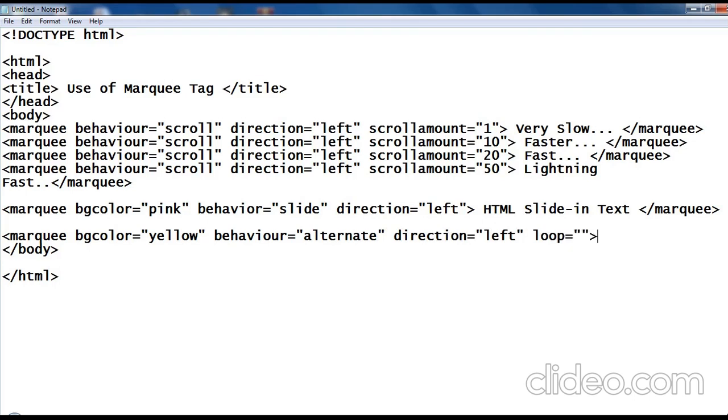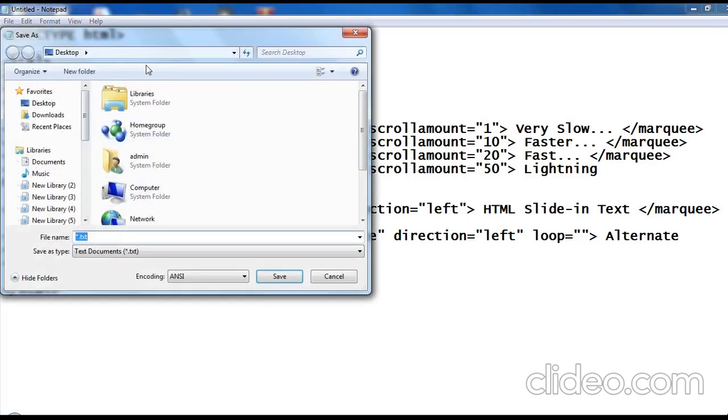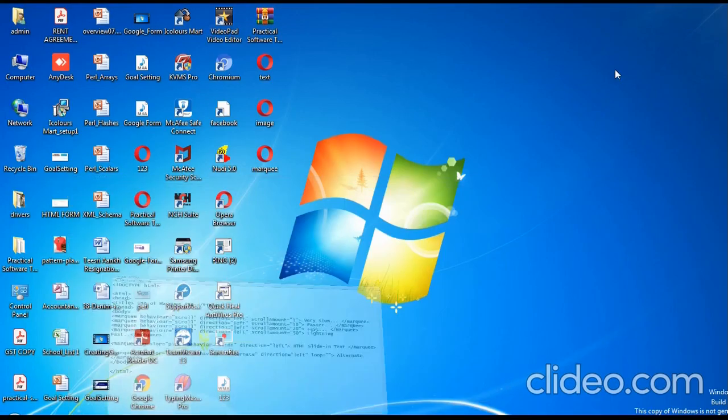And loop is empty. I am not specifying the loop value, so it will be empty. I am just typing alternate and closing the marquee tag. Go to the save option and save the file as marquee.html on the desktop.